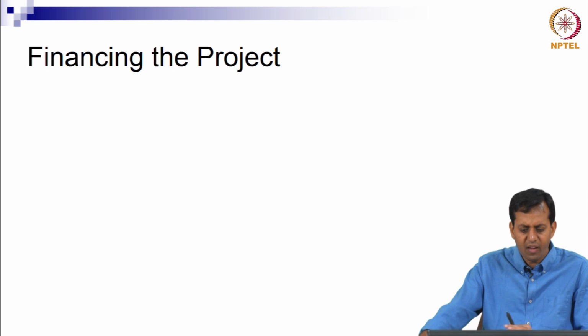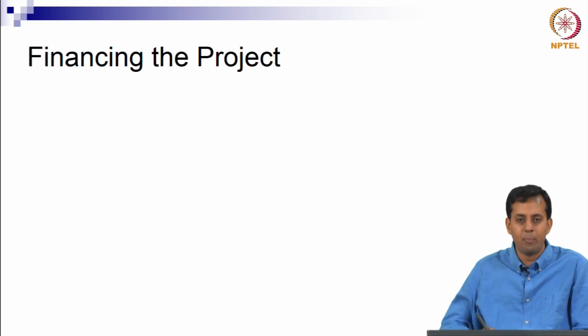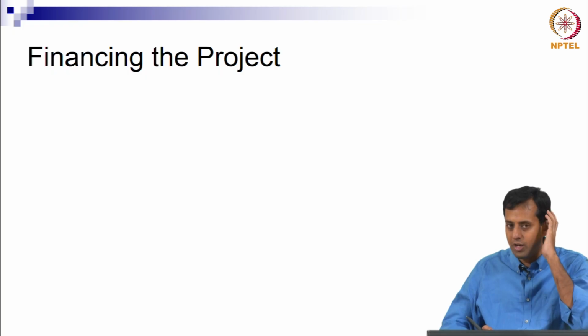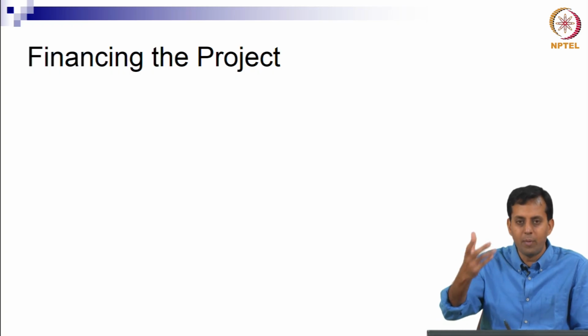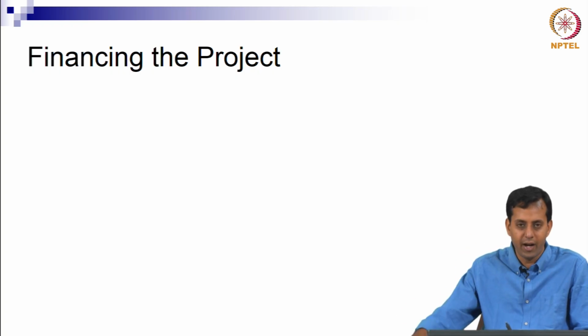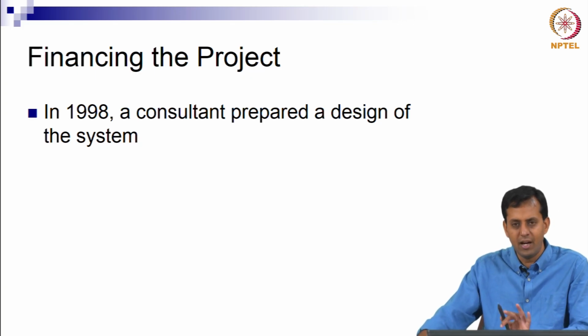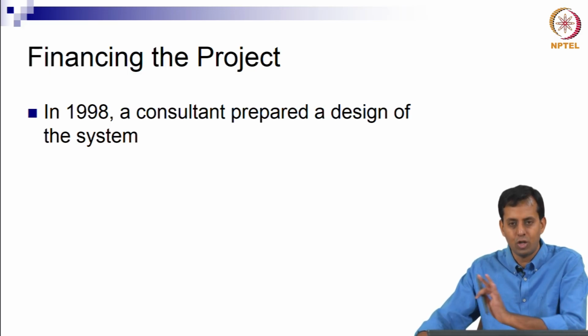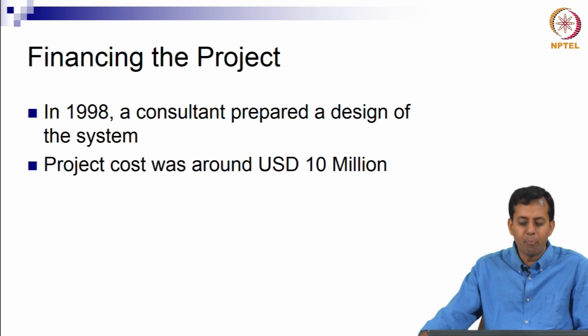Okay. So it was very clear, you can do a little bit of engineering analysis and you can figure out how many kilometers of pipe need to be laid, and given that you know the population of Alandur, you know what the capacity of the sewage treatment plant should be, is it 30 MLD, 40 MLD, so that was easy. Once you figure out what the project requirements are, you also then have to figure out how to finance the project, okay. So in 1998 a consultant prepared a design, this is the engineering design, so that helps you understand what is the scope of the system, what is the cost, so many kilometers of piping costs so much, a treatment plant of so many MLD costs so much, etc., right, and the project cost came around 10 million US dollars